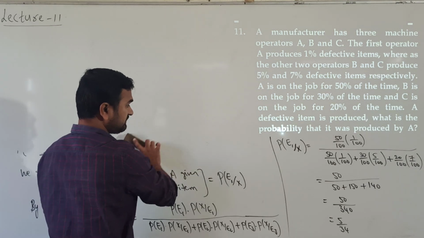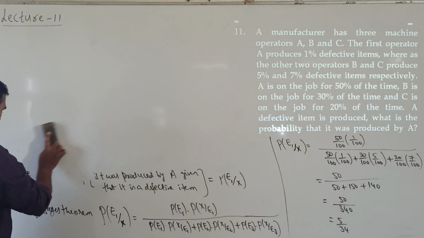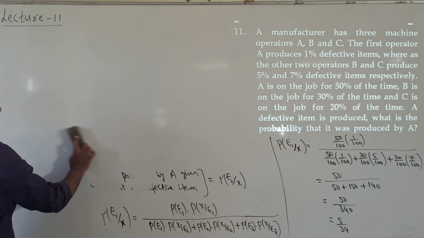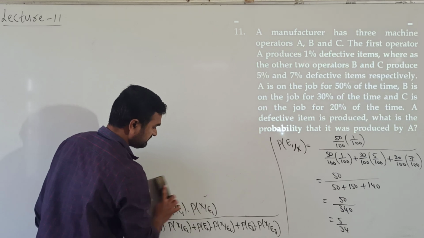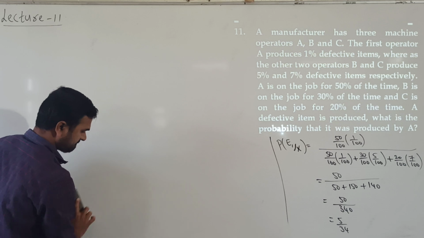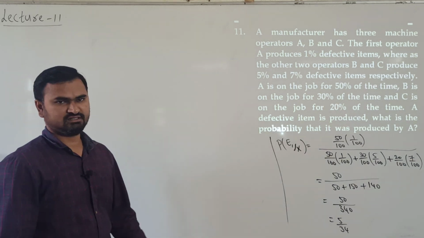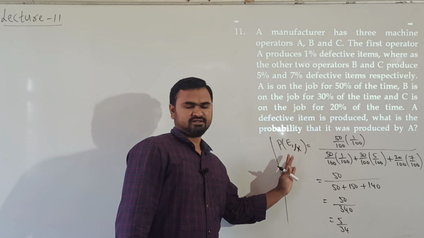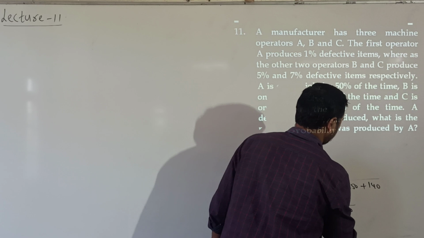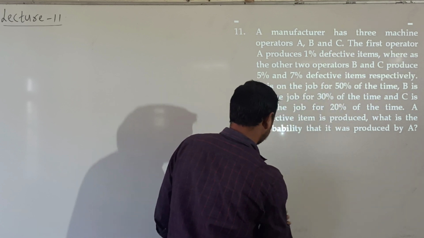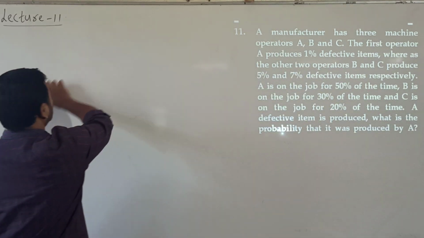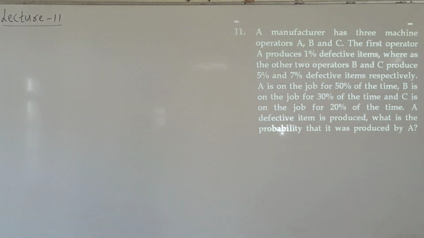So all the information is given in the problem only, nothing we are deriving here. So just try to write the information given in the form of notation. Then clearly we have to understand which event has already occurred and which event's probability we are finding. Once you know all the things clearly, then with one formula, that is Bayes theorem, we can solve the problem easily. Let's see the next question.